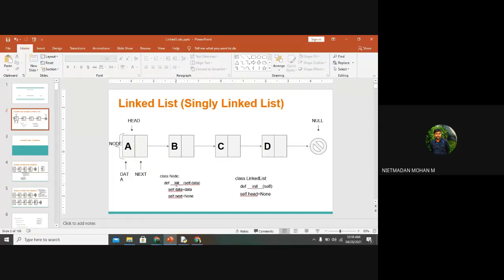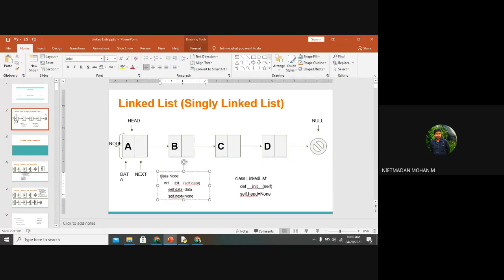Now when you are creating a linked list, a single linked list, double linked list, or circular linked list, first we want to create the node. For that, I am creating a node by the constructor. Whenever we are going to create an object for the particular class, I am creating a node with a class name called node, and I am defining a constructor here by the init function. Self is the argument that was already passed, and data is an argument to collect the data, that is A, B, C, and D. So we want to collect the data.